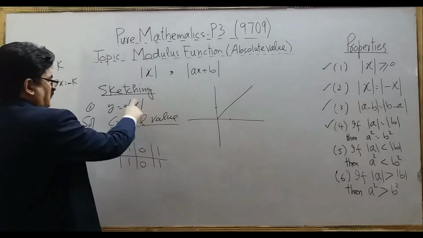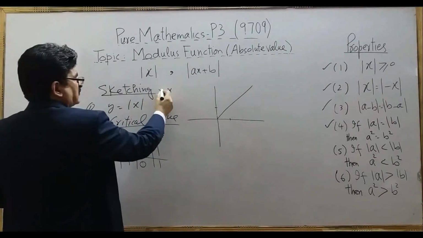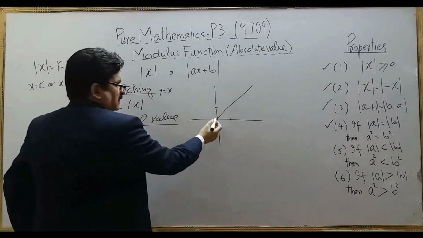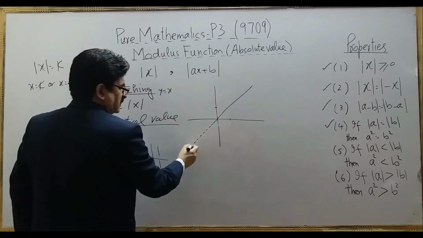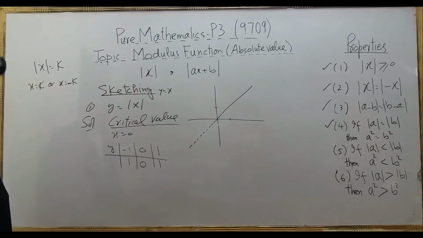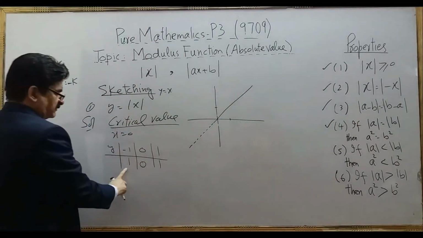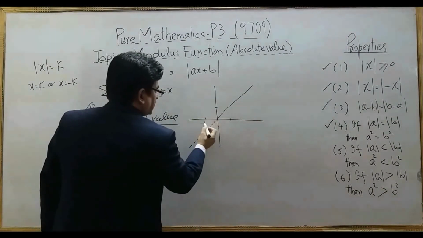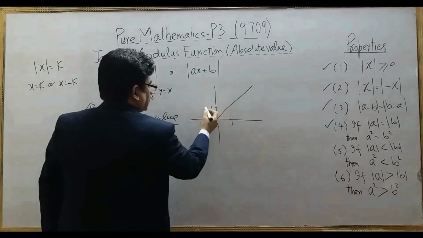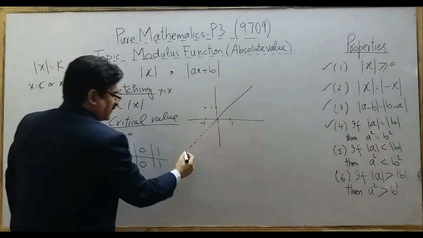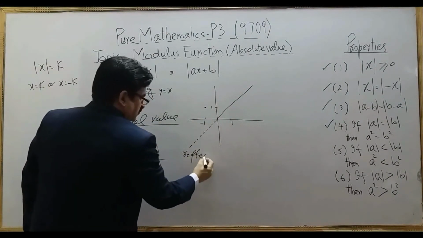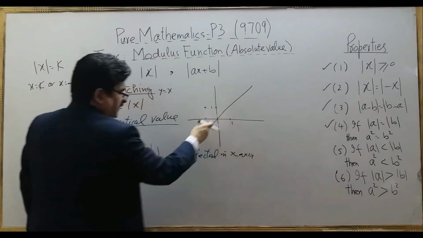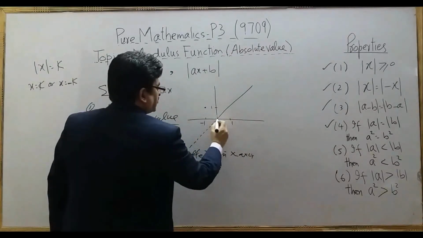Now if there is no modulus sign, if we have a question like this, sketch the graph y is equal to only x, then this graph will be extended. Now what will happen? What is the change? When you take mod, you have positive values. If x is negative, y is positive. So when x is −1, your y will be positive. So this part of the graph will be reflected in the x-axis.